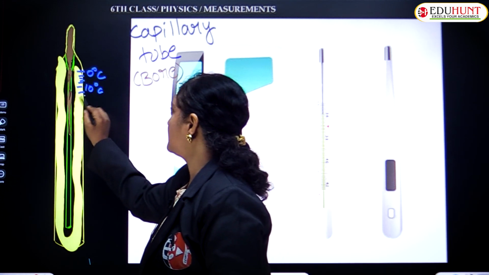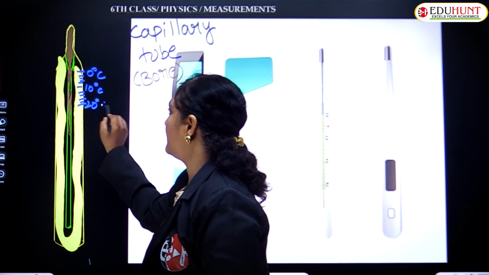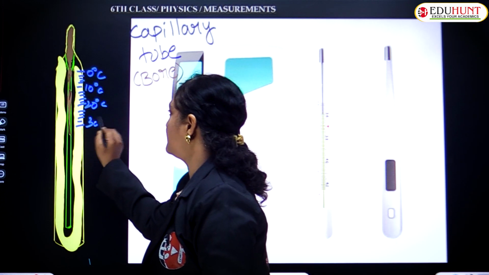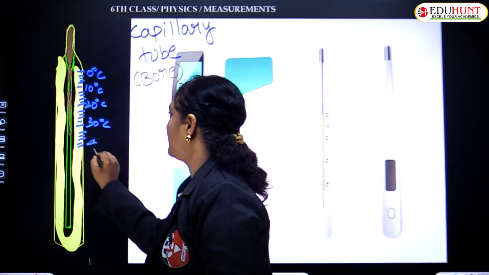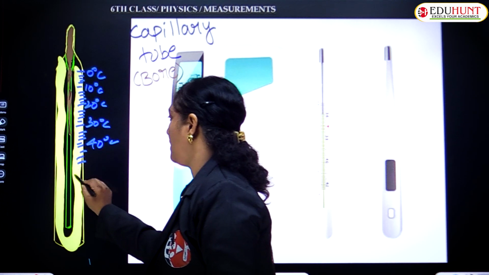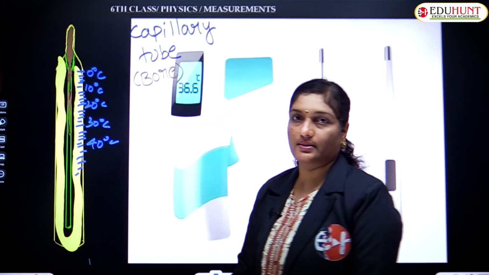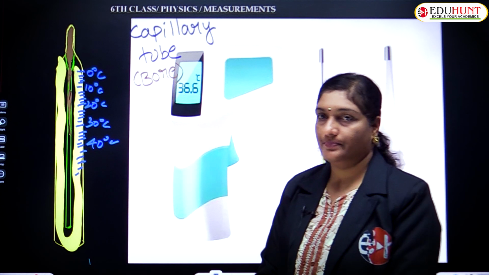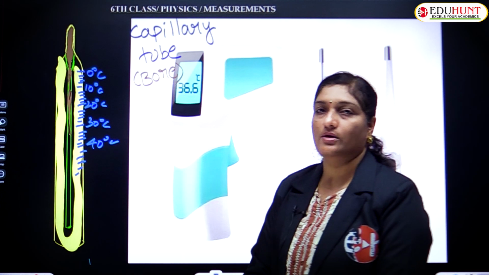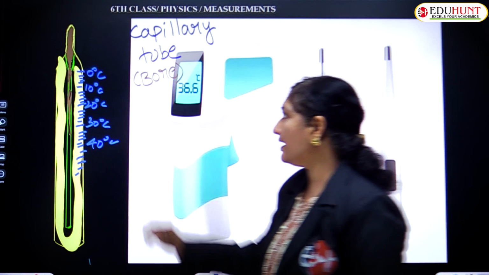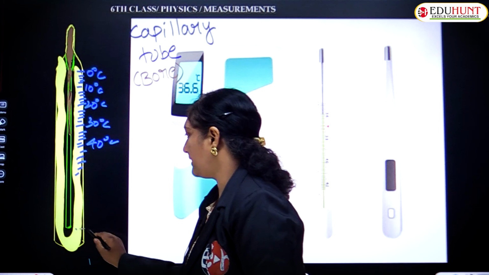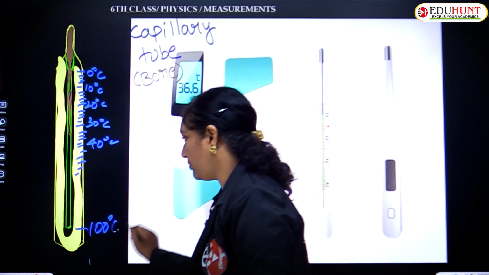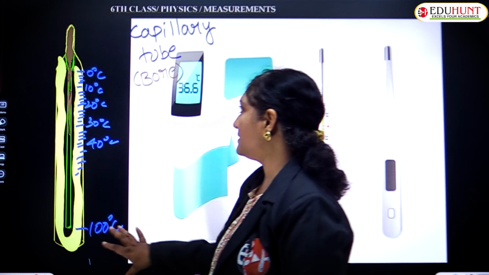Okay, so this is again 20 degrees Celsius, 30 degrees Celsius, 40 degrees Celsius, and so on. It has been marked on that thick glass tube called the stem. I hope you understood the concept of thermometer. So here, if you observe, a general thermometer consists of